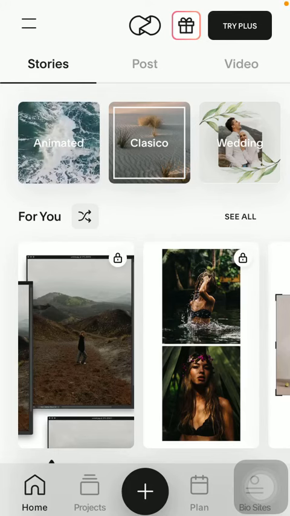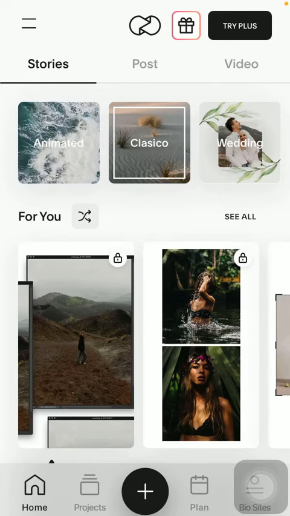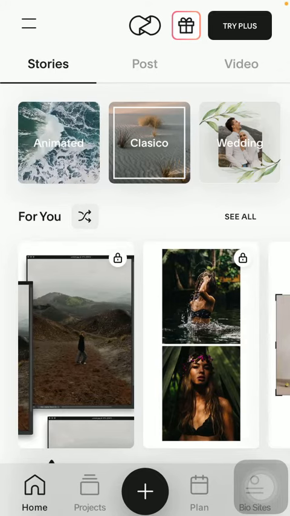Hello guys, in this video I am going to show you how to add filters to your photos and videos